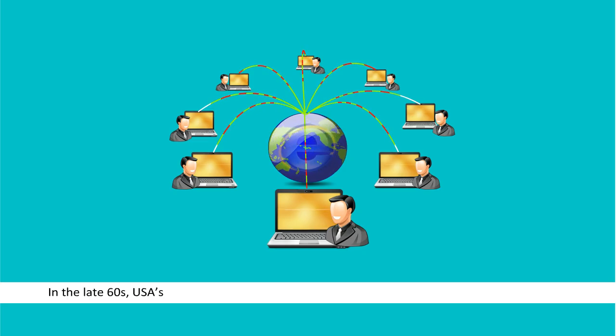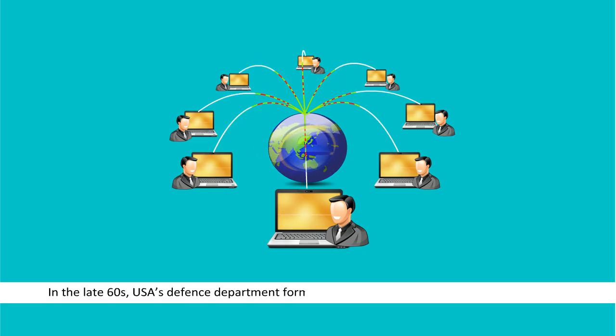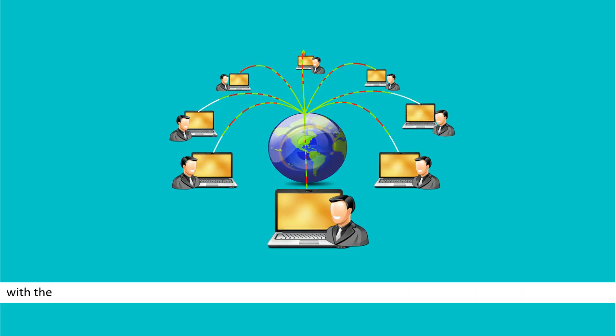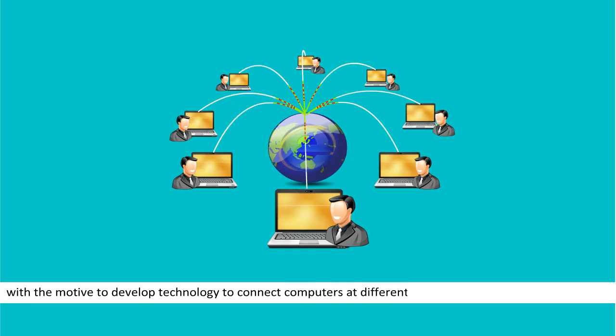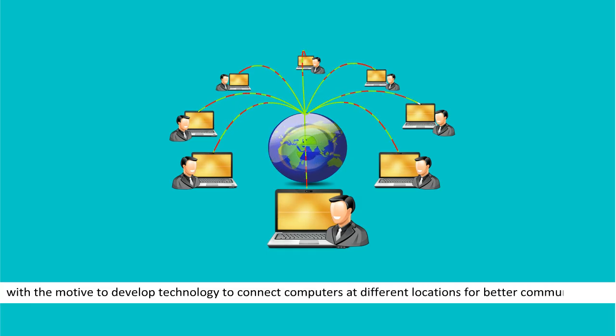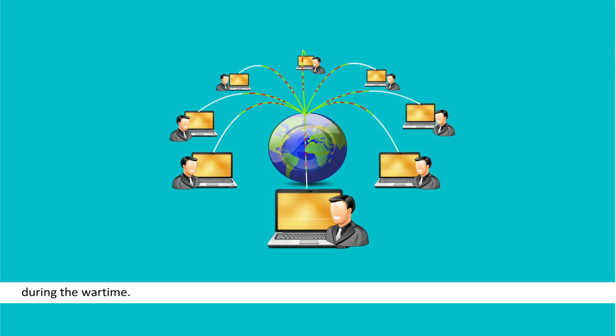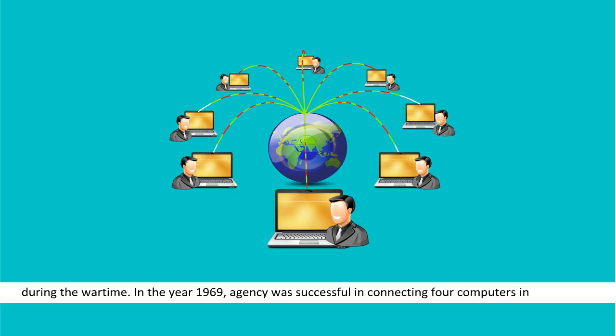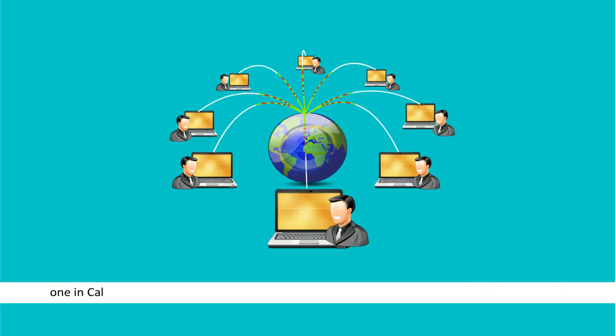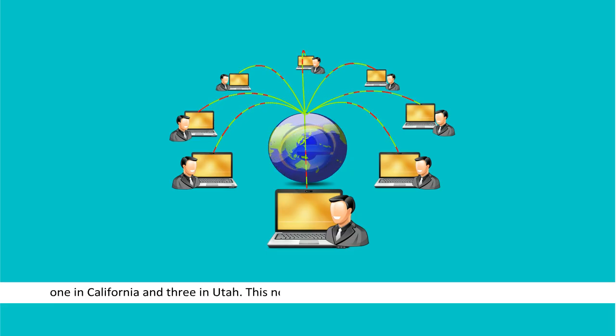History of Internet. In the late 60s, USA's Defense Department formed ARPA, Advanced Research Project Agency, with the motive to develop technology to connect computers at different locations for better communication during the wartime. In the year 1969, agency was successful in connecting 4 computers in a network, 1 in California and 3 in Utah. This network was named